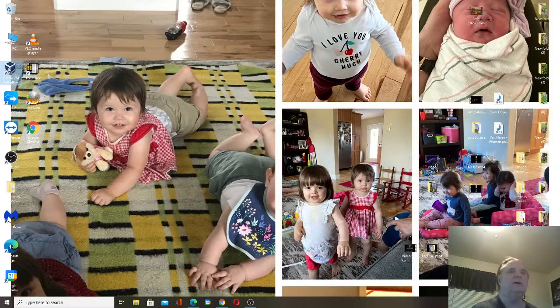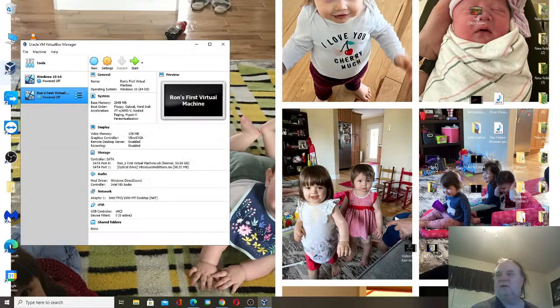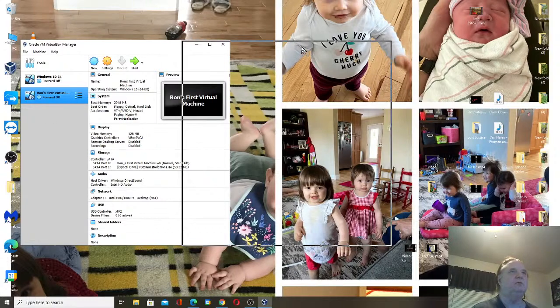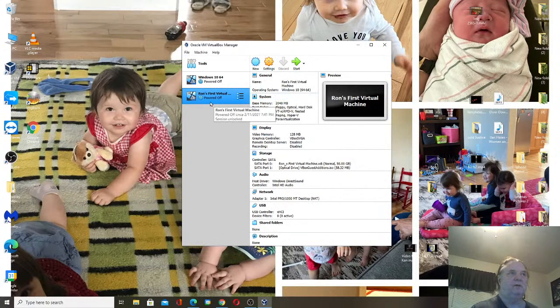I use VirtualBox on this machine. I use VMware. I did a virtual machine for my friend in Las Vegas, Ron, and I have one that I run Vegas Sony Pro in. This one's just a basic computer, has nothing on it. So this is why I use this particular scene, and I can't see anything right now because I minimized it,